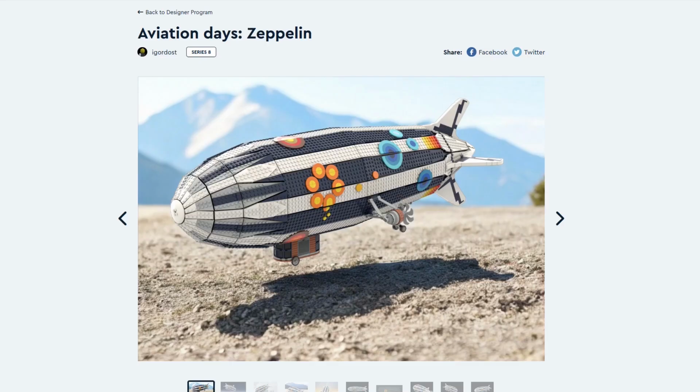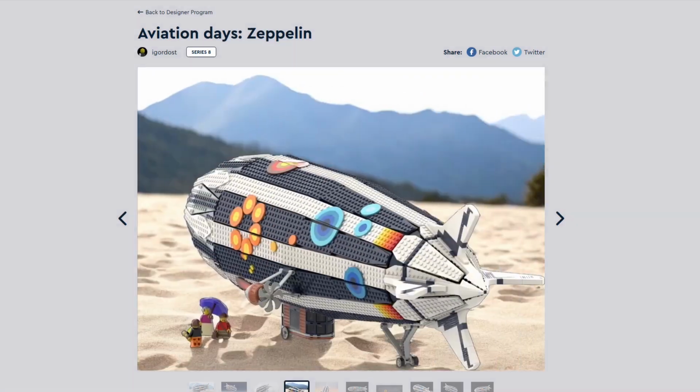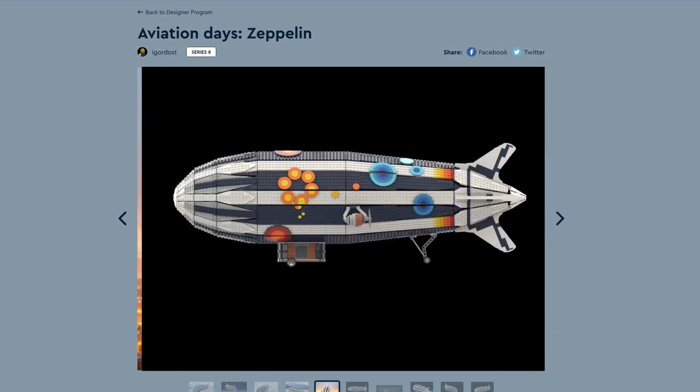Moving on, we have this Aviation Days Zeppelin submission. It's just big. It's a massive Zeppelin. If you were to hold this in your hand, you would need both hands, and still it would be too large. This is probably larger than many LEGO Star Wars Ultimate Collector Series sets, such as the one that